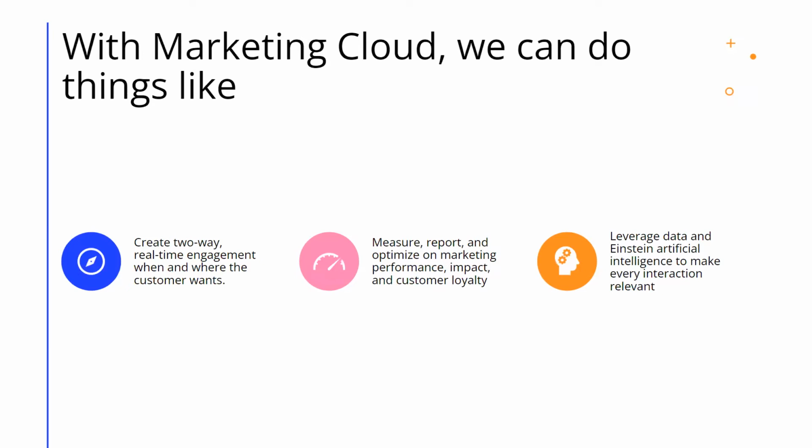So guys, we can do a lot of things with Marketing Cloud. You can create two-way real-time engagement. We have plenty of channels: email, SMS, social. Two-way real-time engagement means, suppose a brand sent you a message to opt in, and you reply by saying opt in, text back to 57575. And whenever you text the message back with the opt in keyword, or suppose you have a bank where you can check the balance by replying BAL to 57575, in return you get the updated balance on your bank as an SMS.